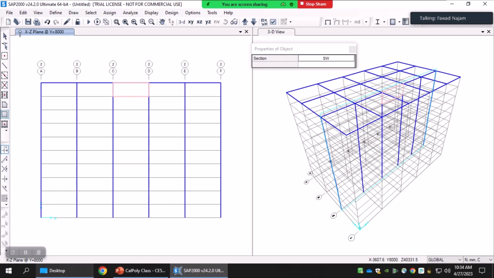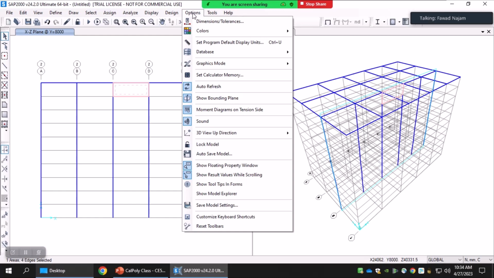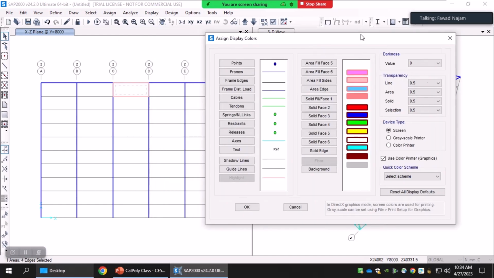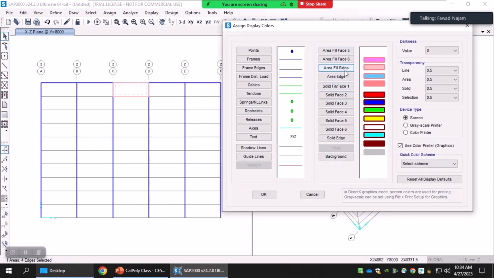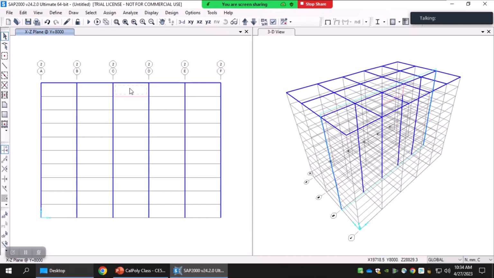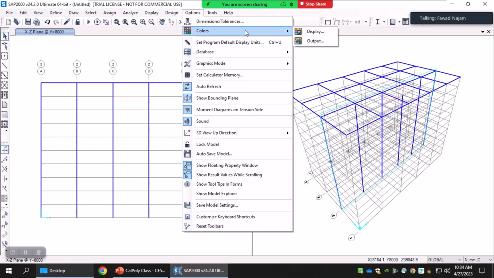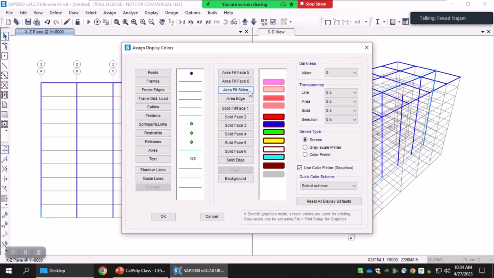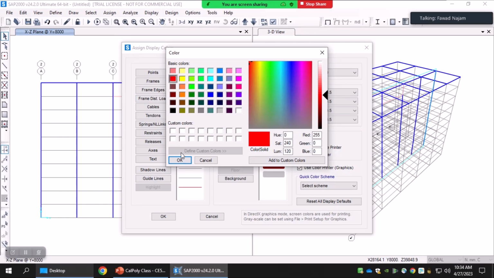You can see here. Obviously you can click on it again, go to options and colors to change its display color using this option. So currently my shear wall is shown by this particular color. Maybe I can change it. You can click on, let's say, this, and then change the color also. Maybe I use this option, and similarly this was one edge, but some other edge also you can display. Maybe for this also you use a red color, for example,